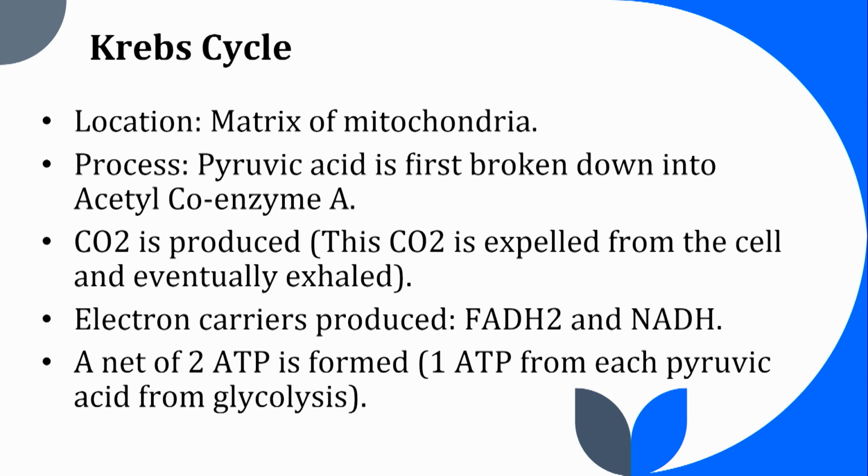Okay, then we have these electron carriers produced. That's FADH and NADH. I know these molecules have weird names, but just hold on. I'll try to explain them in a little bit more detail. And then through the Krebs cycle, a net of 2 ATP is formed, 1 ATP from each pyruvic acid from glycolysis. All right, so just to talk about the acetyl coenzyme A and the FADH2 and the NADH, I'm going to